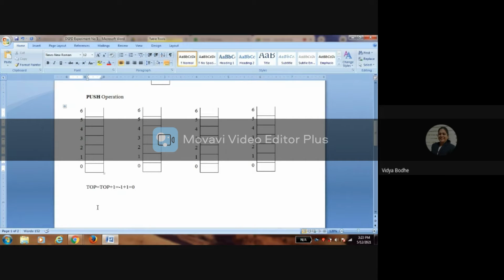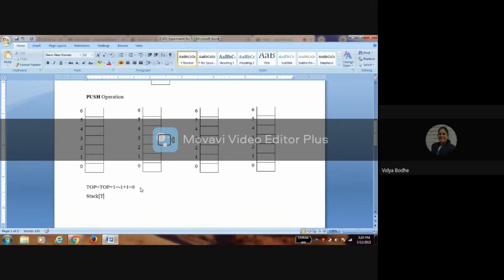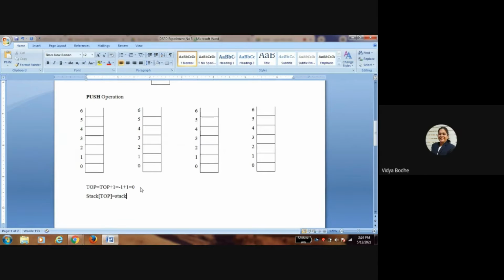Therefore, first element is inserted at the top of the stack, that is stack of 0.